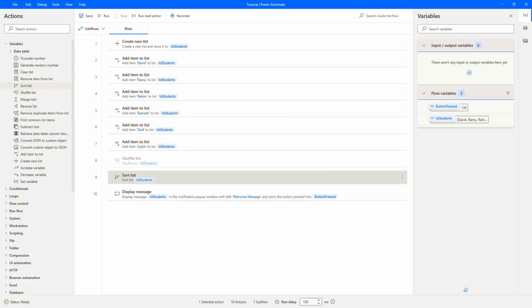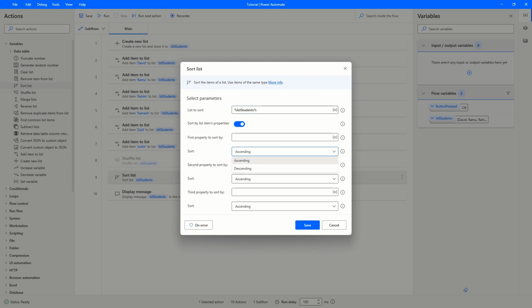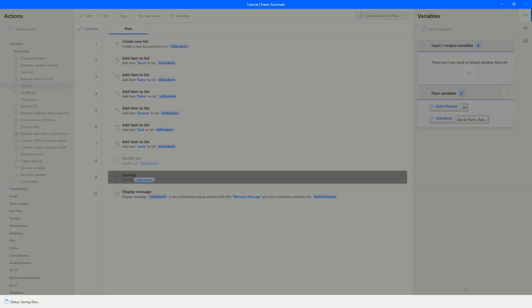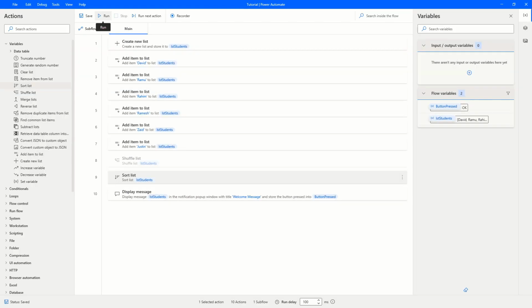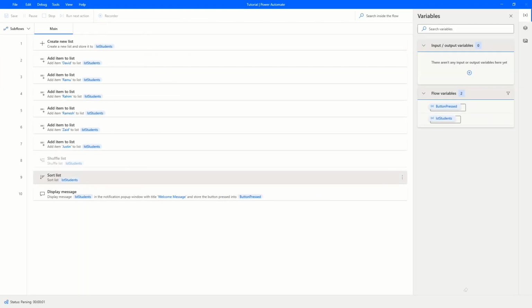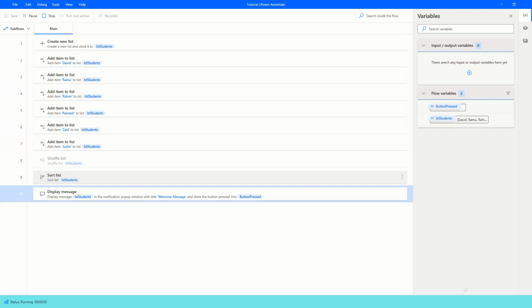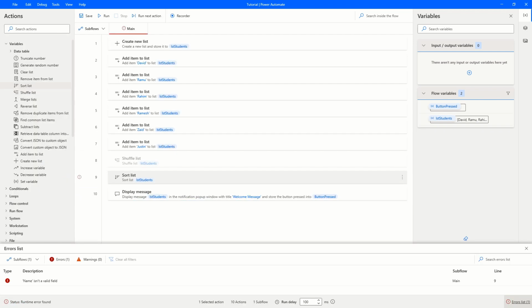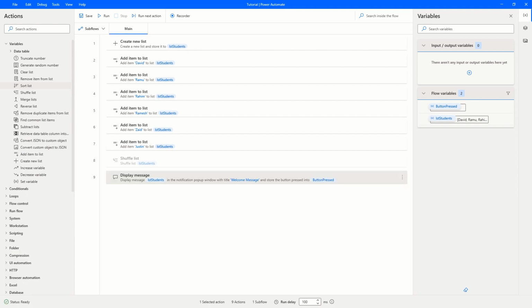And when you change this to descending, save, and then run, there's a problem with this sorting. We'll discuss this later, but let's move on to the next topic,